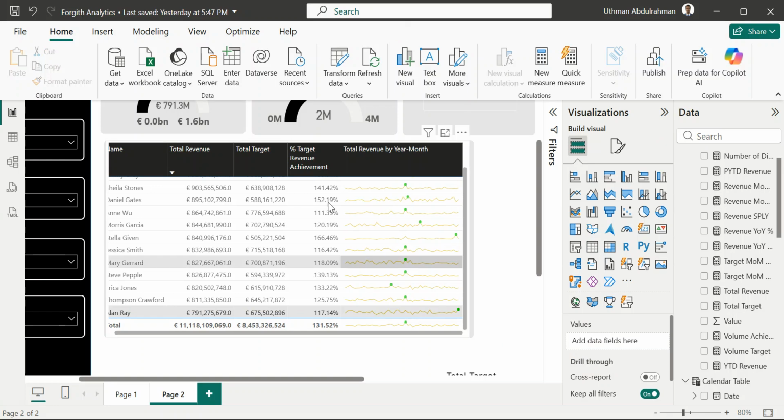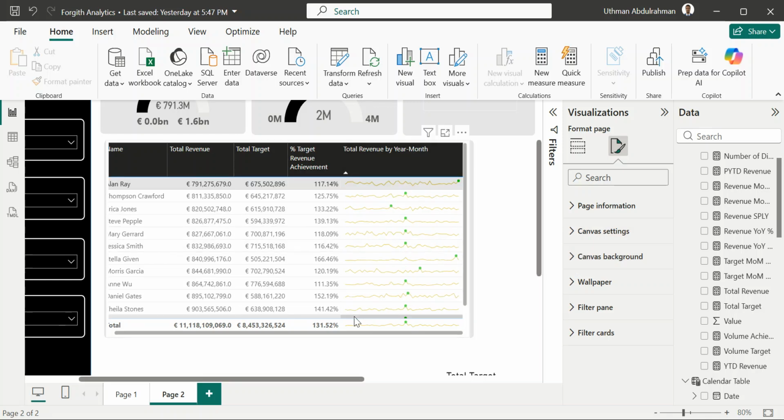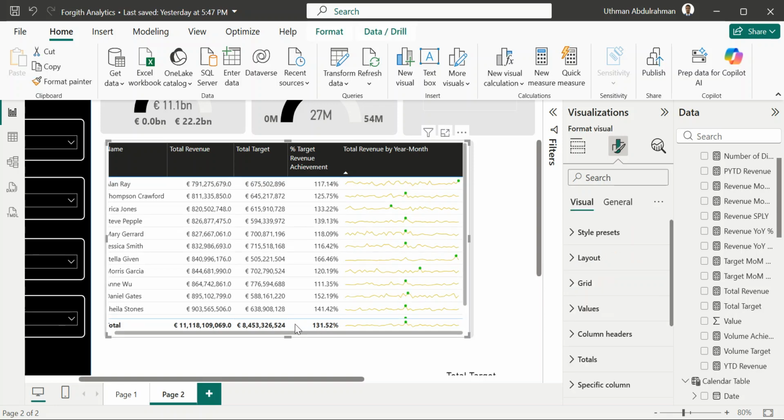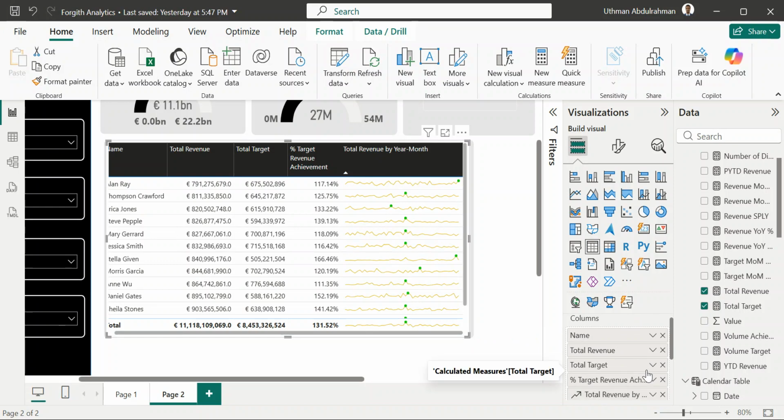You can see that all of them achieved their targets and more. Since they all achieved their target, the percentage